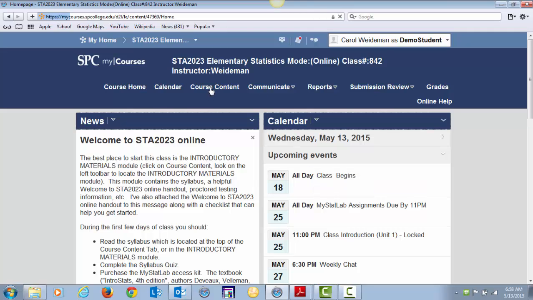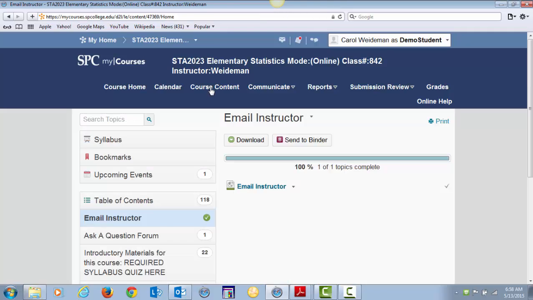If you go over to the Course Content tab, you'll see down here the table of contents. There's a syllabus tab up here. Upcoming events will be here. The table of contents is here. There's an email instructor option here. There's also an Ask a Question forum. So if you have a question about the course that you want to post and perhaps I can answer or